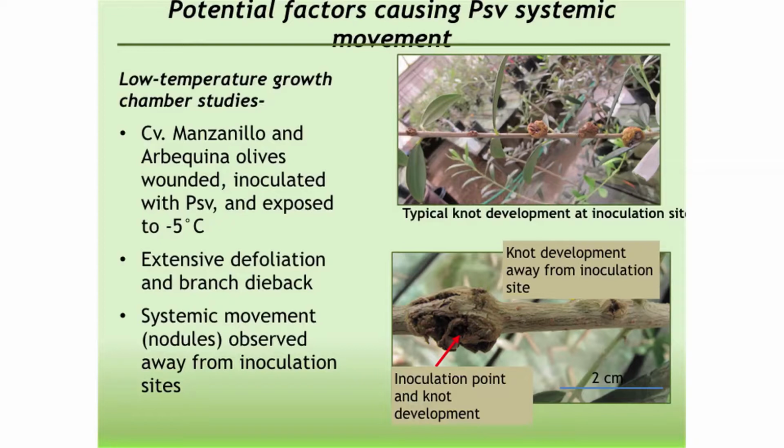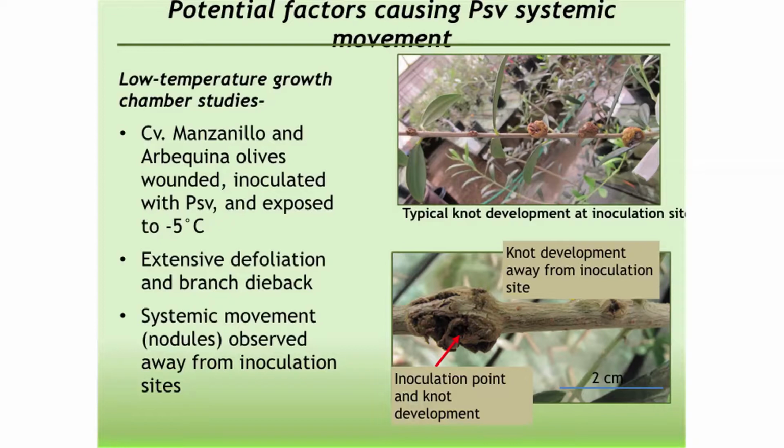Again, this takes a couple months to inoculate. You wait a couple months, and we can see the symptoms are typical. Now, when we took those plants and put them in low temperature chambers, exposed them to -5 centigrade, which is pretty cold, about 26 Fahrenheit, and then we just left them there for so many hours and took them out. We did see extensive defoliation, and where we inoculated, we got a gall,